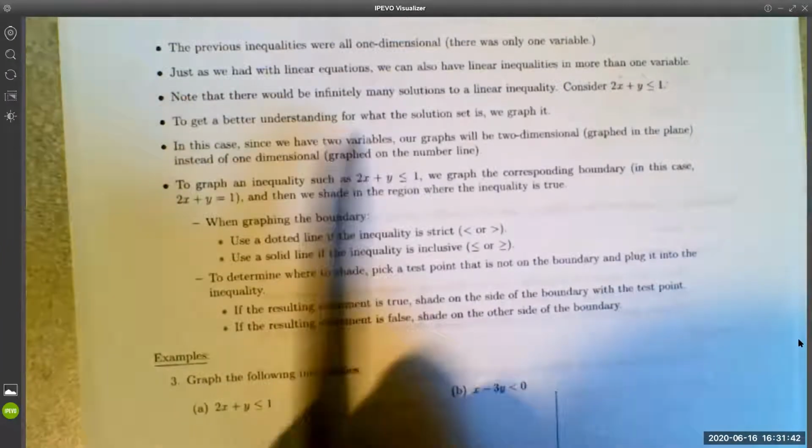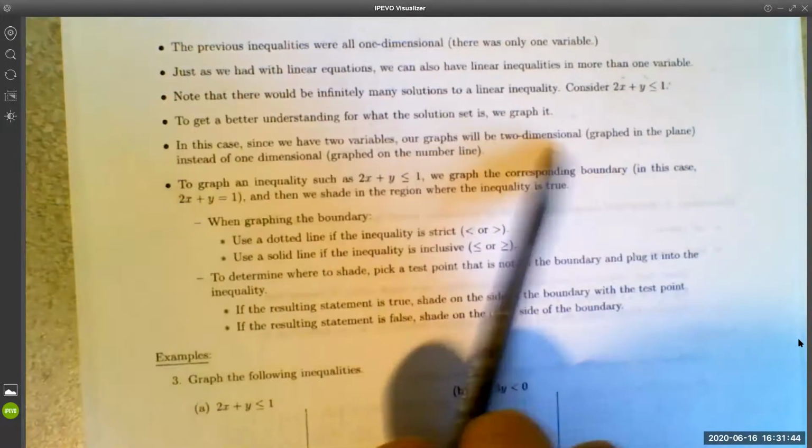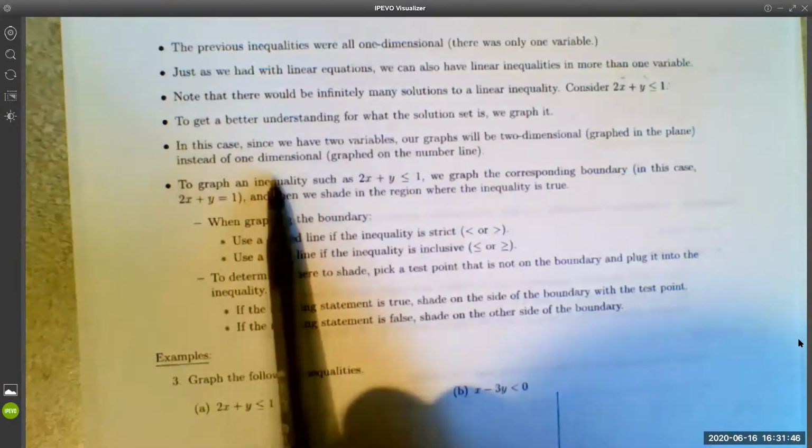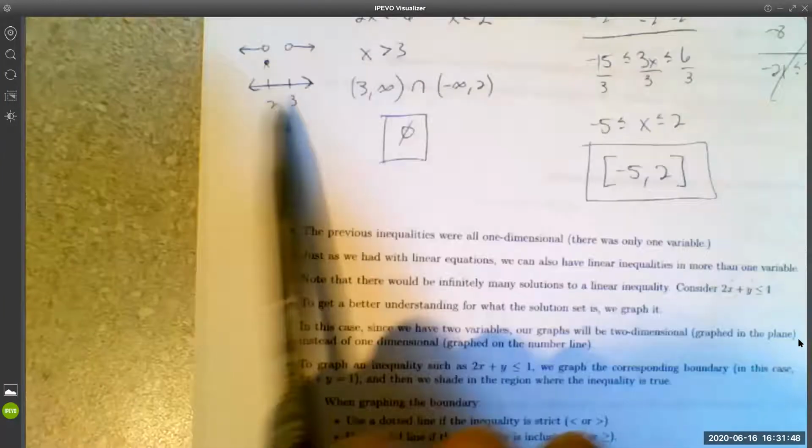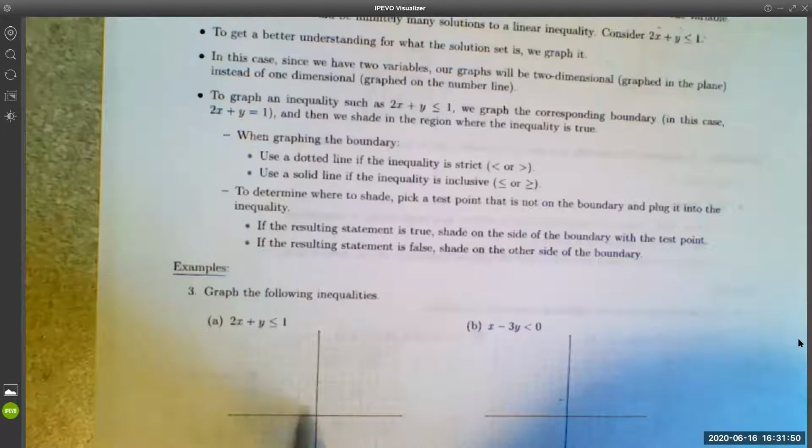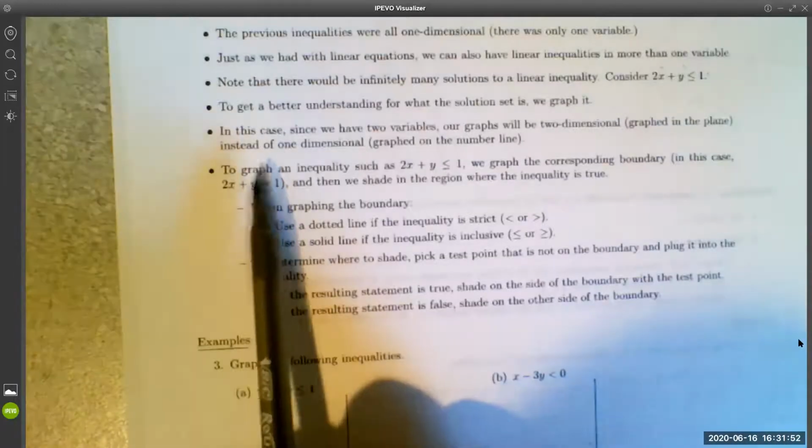In this case, since we have two variables, our graphs are going to be two-dimensional, graphed in the plane, instead of one-dimensional, so they're not going to be graphed on the number line like this. They're going to be graphed in the plane. To graph an inequality,